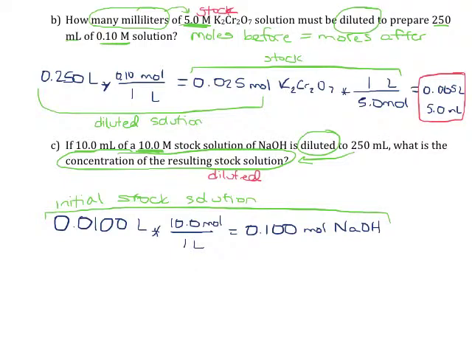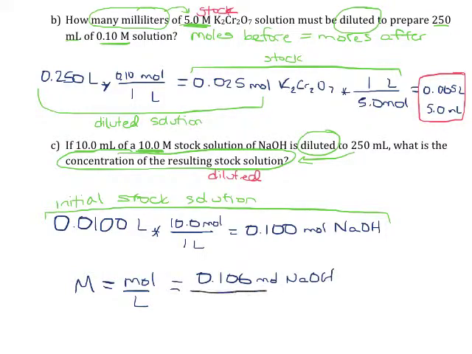The next thing they're asking me to solve for is a concentration, which is the same thing as a molarity. And again, molarity is moles over liters. We now know that there are 0.100 moles of NaOH. And they told us that the volume is 250 milliliters or 0.250 liters. So 0.100 divided by 0.250, that tells us that the final concentration is 0.400 molar